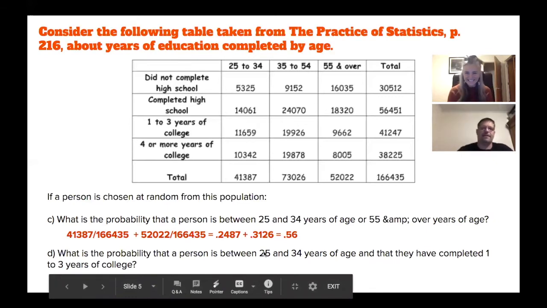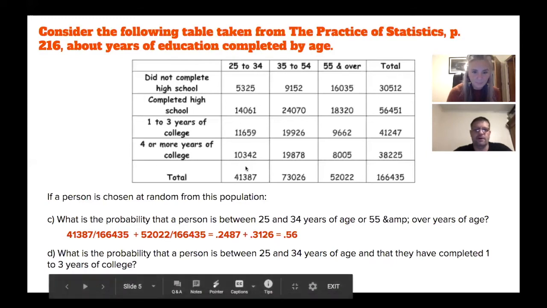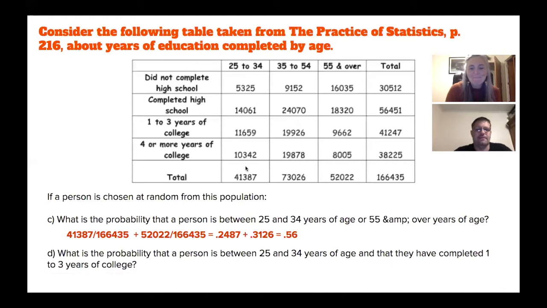But we're only looking in that first column. So we're only considering those people, and that would be a total of 41,387. Now you got me doing it. And so we're going to find where the number is for the 1 to 3 years of college. That'd be 11,659. So we take that 11,000 number, divide it by the 41,000 number, and get something around